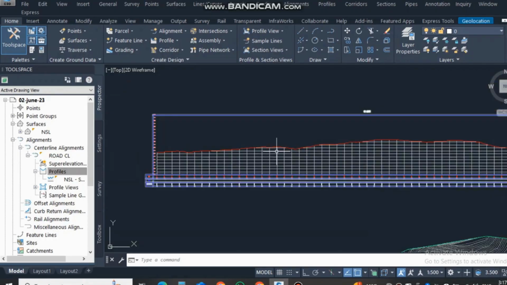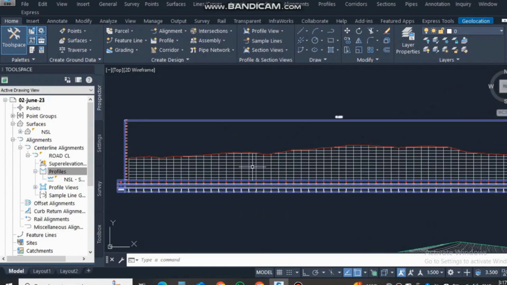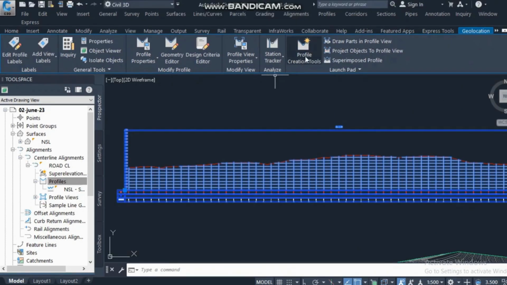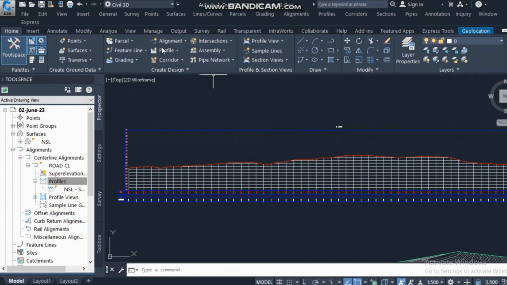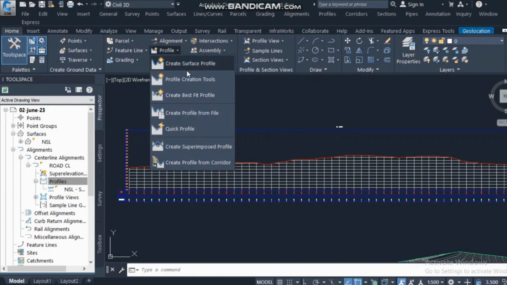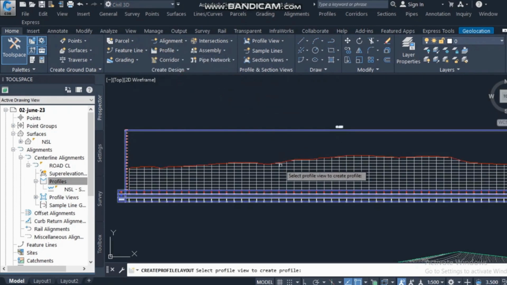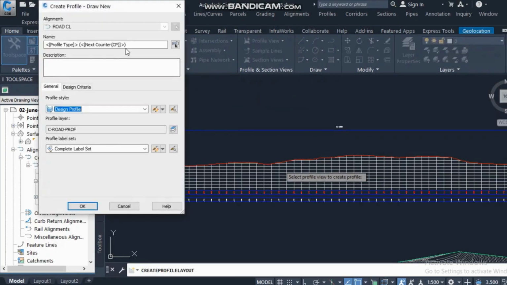You can click here and then the profile creation tool, or from the Home tab, Profile, the next option, Profile Creation Tool, and then when asked for the profile view, click anywhere here and this dialog box will appear. From here change the name of the profile. So I will write here road design